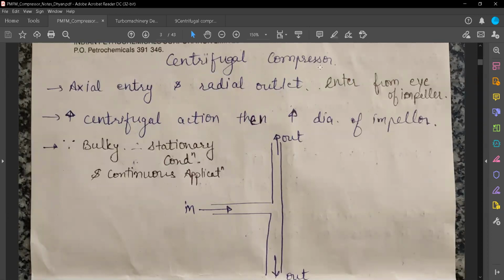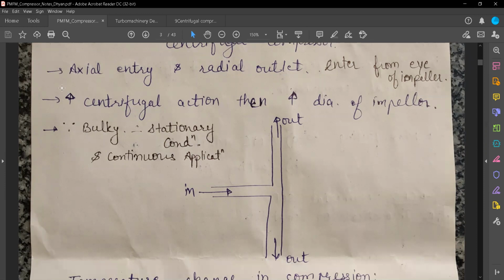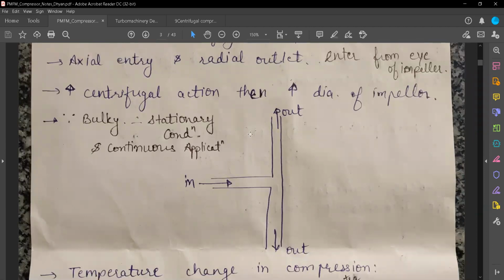And then we have an impeller, the same as blades or whatever you have seen in turbines. If we want to increase the centrifugal action, we need to increase the diameter of the impeller. If we increase the diameter, the length of the blades from the center will increase. Since the length is increasing, the overall area change from the inlet to outlet will increase, and that change in area will give higher action of centrifugation.